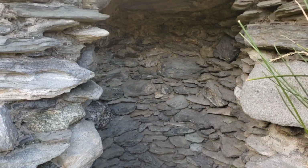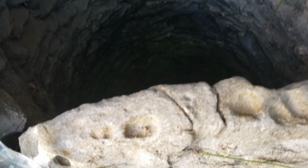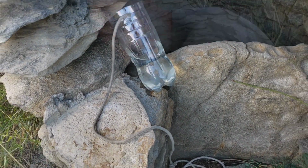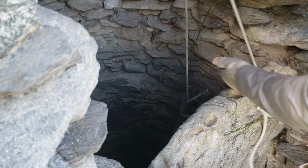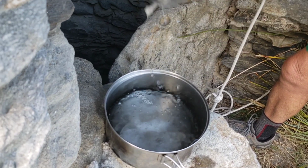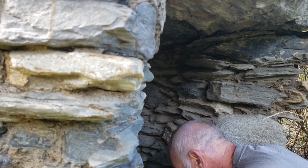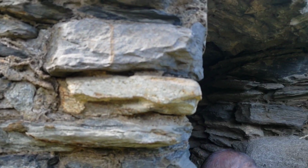Oh, there is water here. This structure actually is a well. And there's a lot of water in there. They made a rope and a plastic bottle so you can pull it out. Super. Check this out. Look at that then. Oh, cool and clear water. Perfect, huh? This ancient well. We're wondering what was this round thing doing in the middle of the beach, and it was constructed